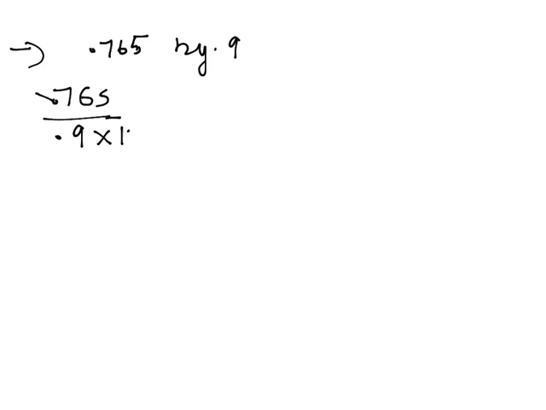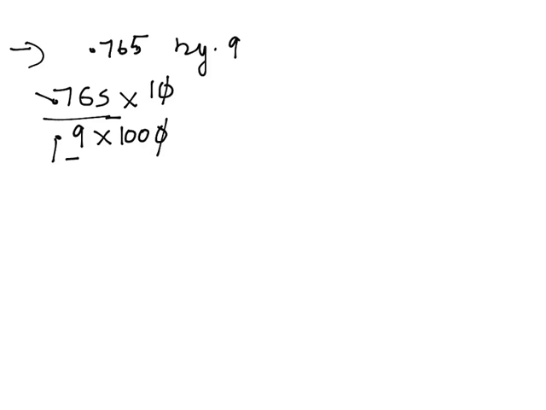Next example, we are dividing 0.765 by 0.9. First of all, we will solve for the decimal point. 0.765 and 0.9. So in the numerator, we have 3 digits after the decimal point, so we will divide by 1000. We will put 1000. Here we have only one digit after the decimal, so in the numerator we will put 10. So now 10 can be cancelled with 10.